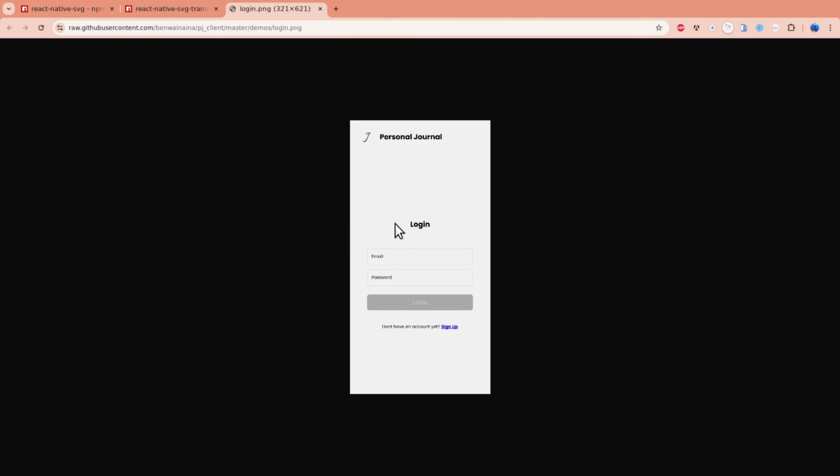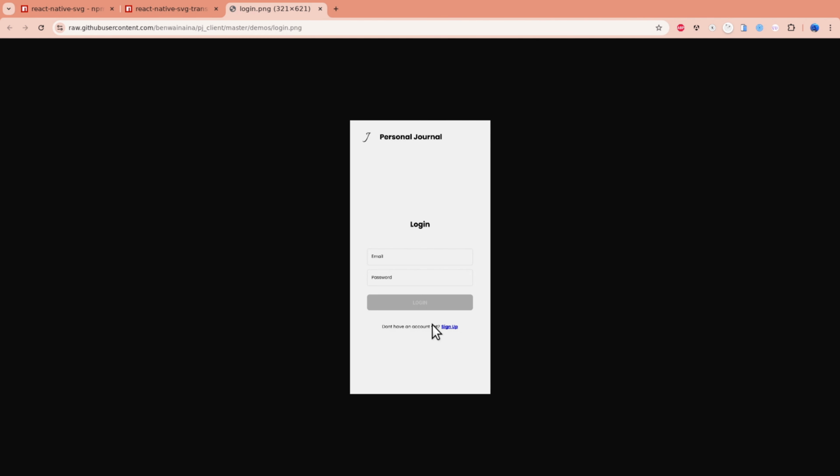The first part should be a view, and this one should be a form, but in React Native you don't have a form, you have a view, and in the view you have the input fields, and then here we have a password field, and then a login button, and then finally we have